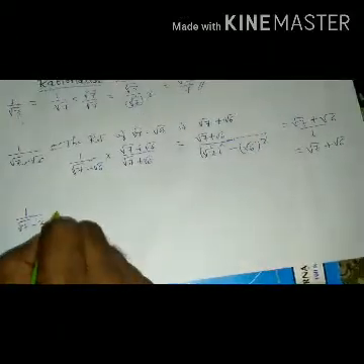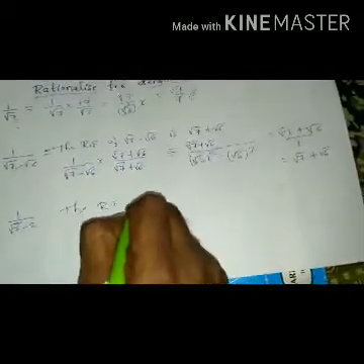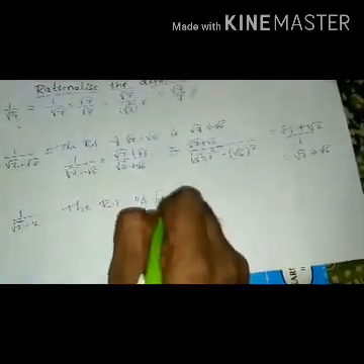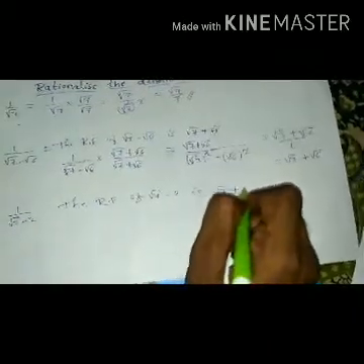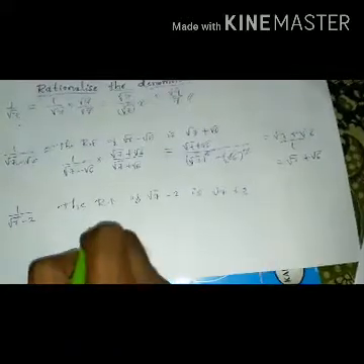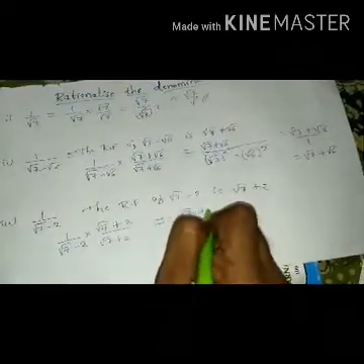So in the third example, the rationalizing factor, or RF, of the denominator root 7 minus 2 is root 7 plus 2. Just opposite sign, change the sign. See here, 1 by root 7 minus 2 into its rationalizing factor, root 7 plus 2 divided by root 7 plus 2, which is equal to numerator into numerator, root 7 plus 2 into 1 is root 7 plus 2